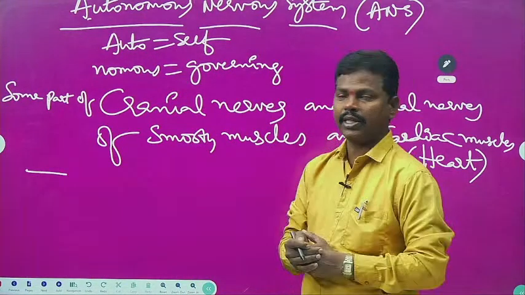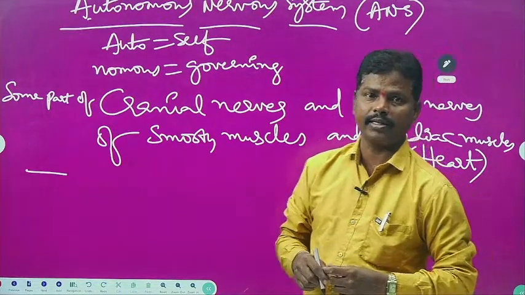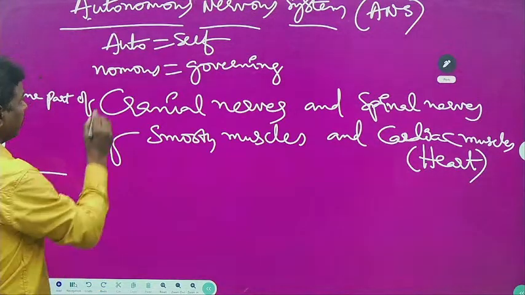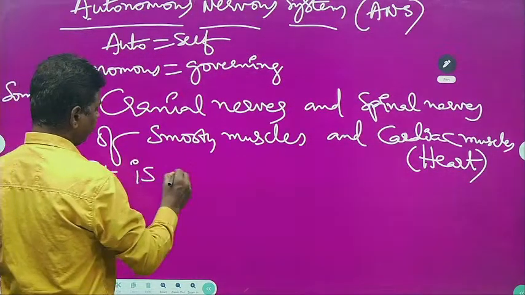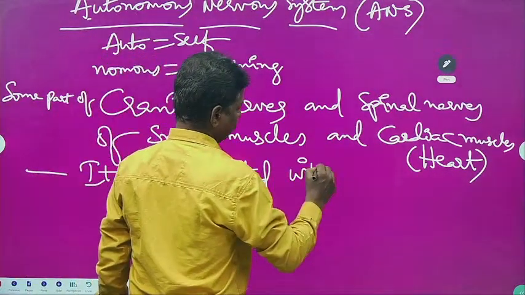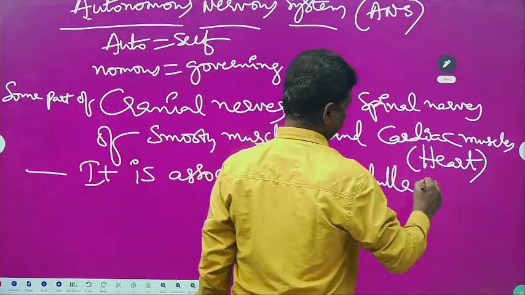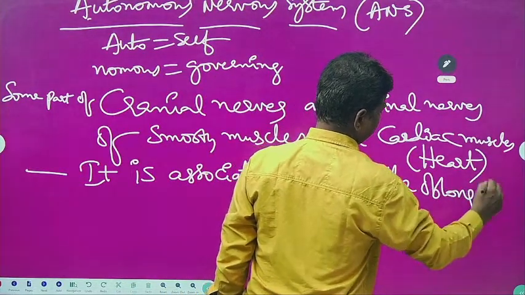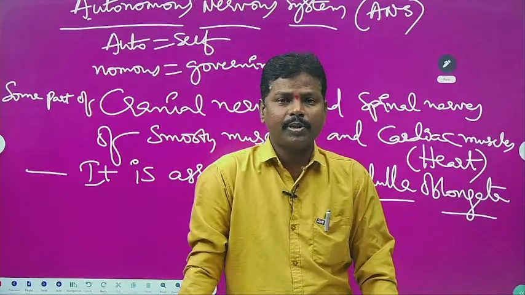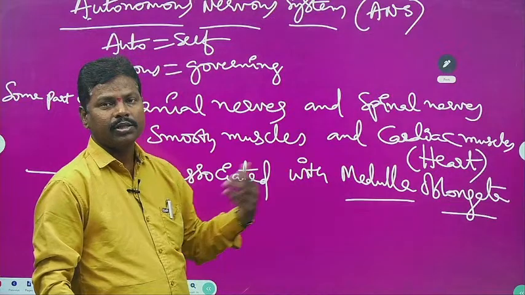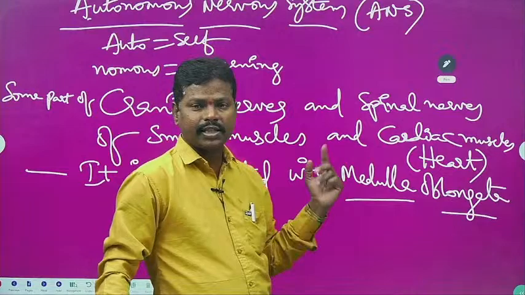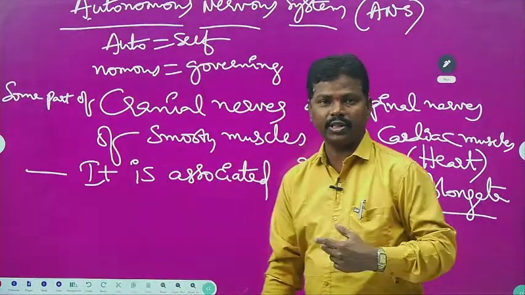Next, the autonomous nervous system is associated with medulla oblongata. So associated means what, children? Connected, nothing but. I already told you in the central nervous system, in the functions of the brain, medulla